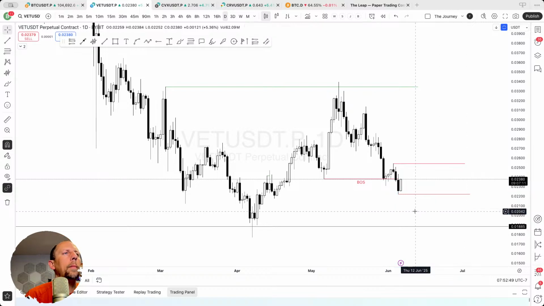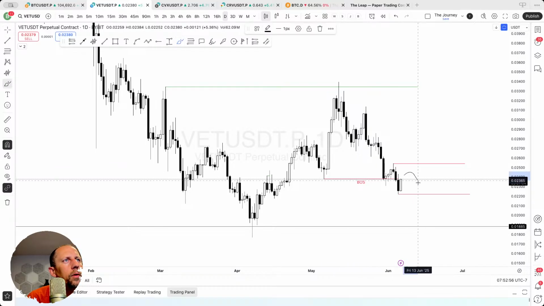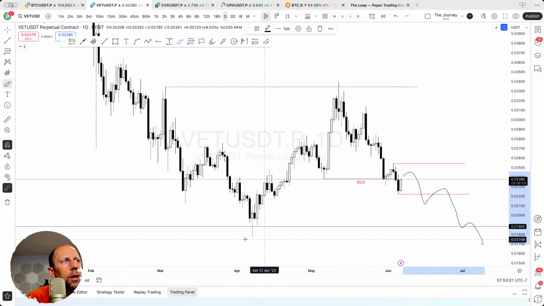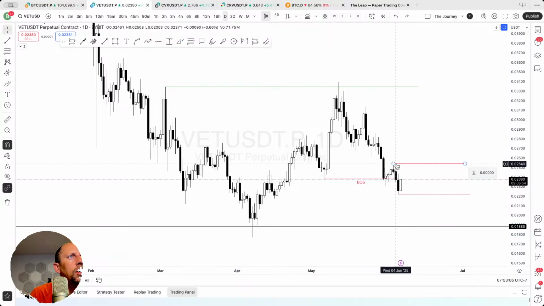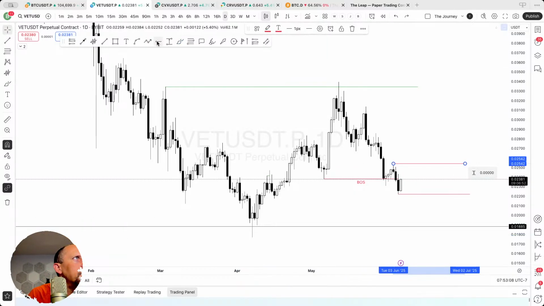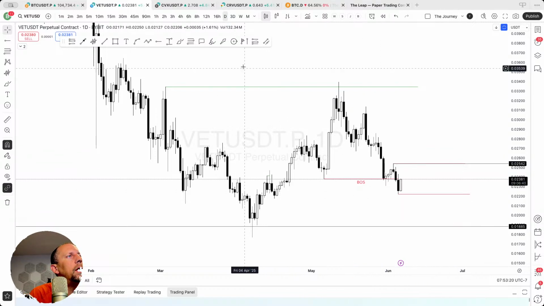Right, meaning if this is your lower high and this is your lower low, then you expect another lower high for a lower low, and another lower high for a lower low. Come back down for this guy. So you've got to be careful about this. That means that this is a strong high on the daily time frame right here at 0.2542. So if we break the strong high,